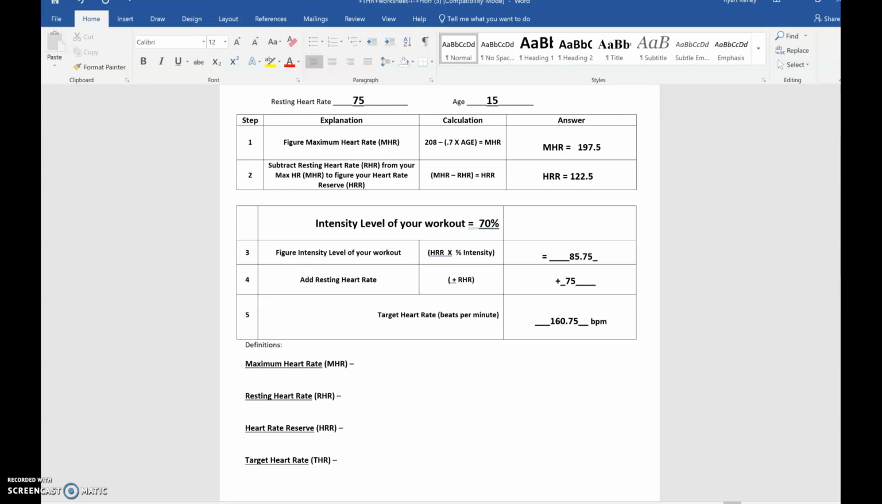Again, it helps you make sure your workout is effective and efficient. If you're trying to have a real high intense workout, you can look at your heart rate to let you know. If you're trying to have a long, moderate workout, you can maybe set your intensity level around 50, 60%. And you can keep your heart rate at that level